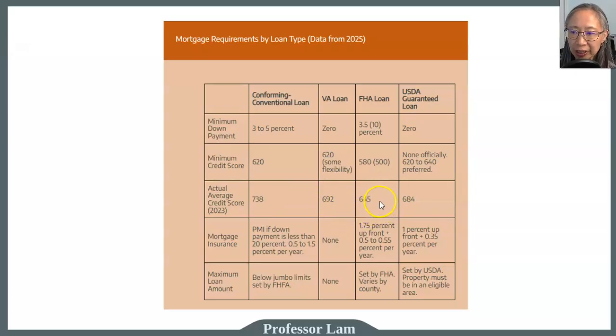As we mentioned earlier, for FHA loans, the minimum credit score is 580 if you put down 3.5%, and 500 if you put down 10%. But the average credit score is actually 645. And for USDA guaranteed loans, the average credit score is 684. This just tells us that even though this is the stated minimum, this is what is actually being approved by